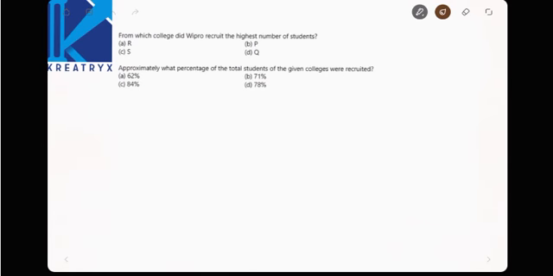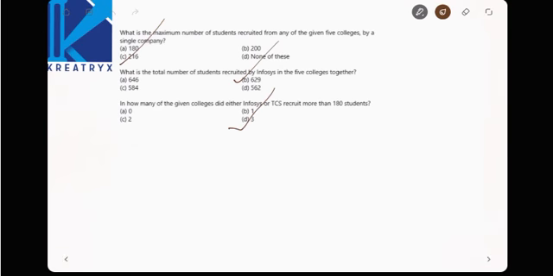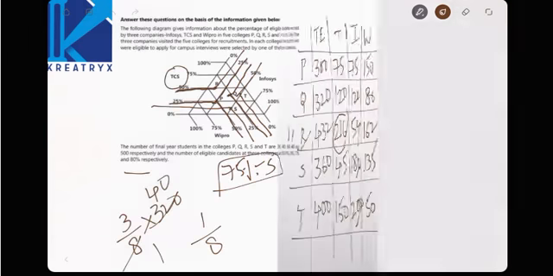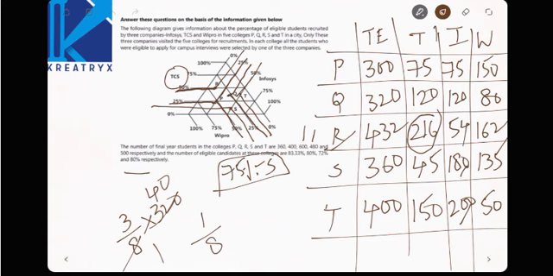Next, from which college did Wipro recruit the highest number of students? Wipro highest number of students. Let us check the data. In our college 162, so the answer must be